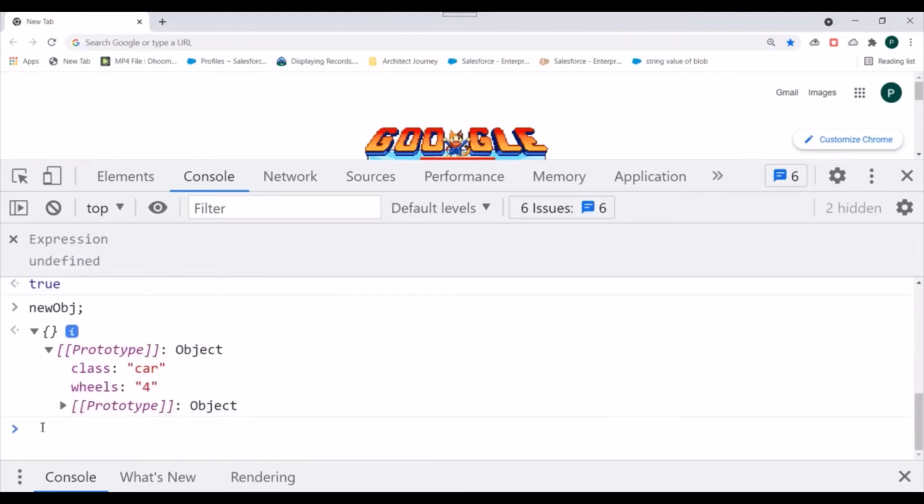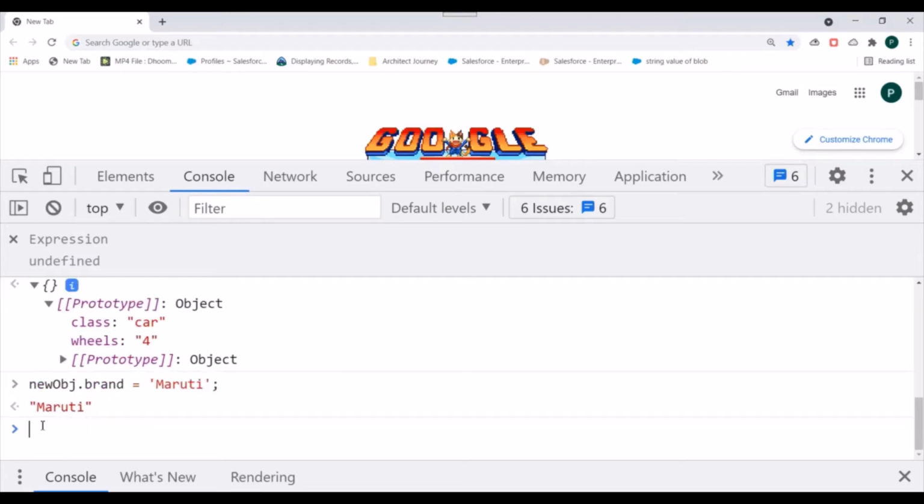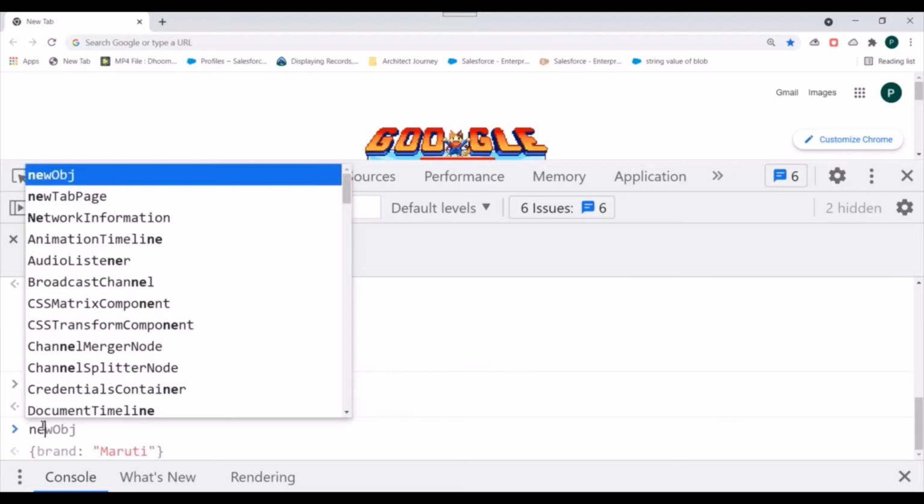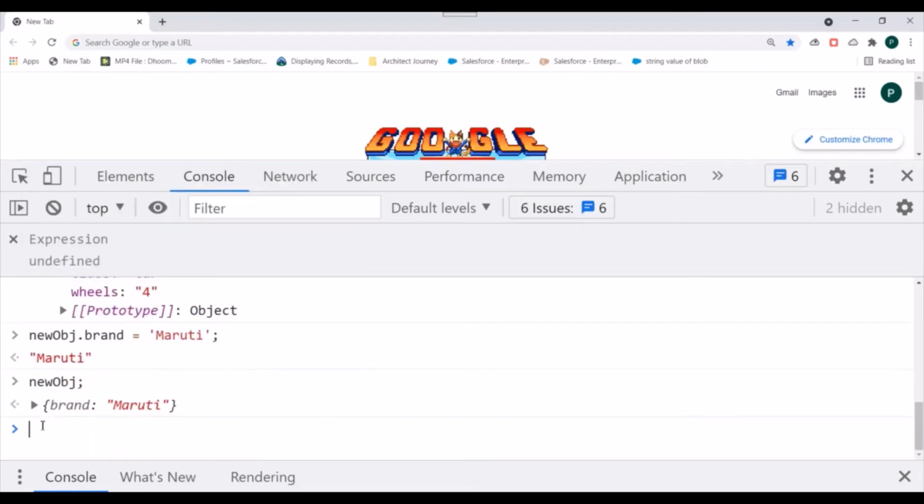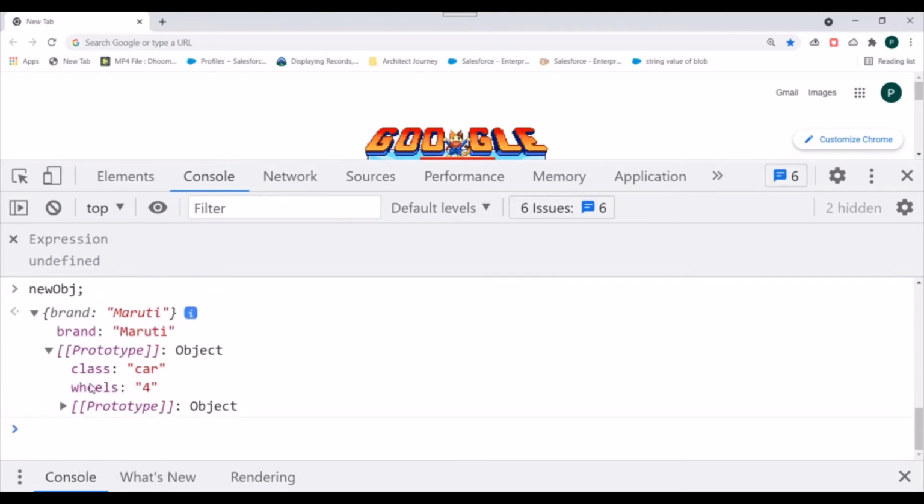But if you have an additional property for this object, it would be its own property. Let's say brand, and we have Maruti as a brand. Let me print this object first. You can see we have its own property, and if I expand the prototype, we have these two properties also.